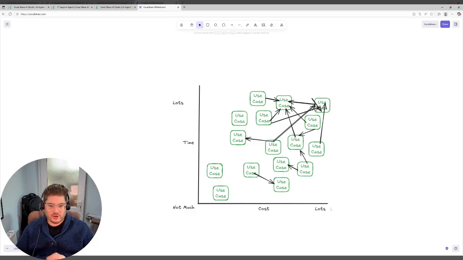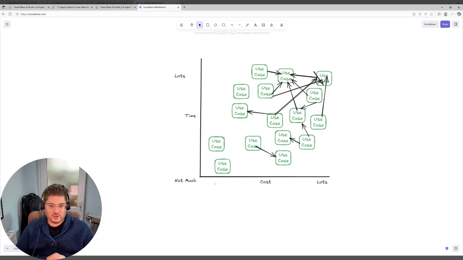So here we've got a basic graph. Along the bottom we've got cost, not much and lots, and then we've got time, not much and lots. The first one is very easy to get going with. As we go through the chain, though, the inevitable happens. We've got this use case that works really well, and we want to integrate it into this use case or that use case or whatever it may be.